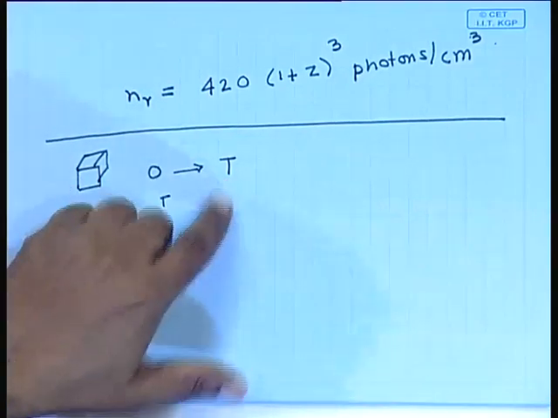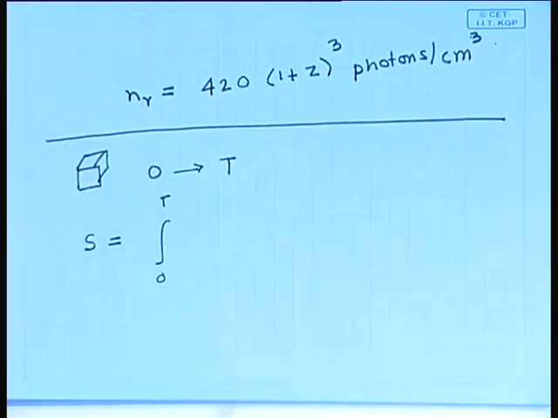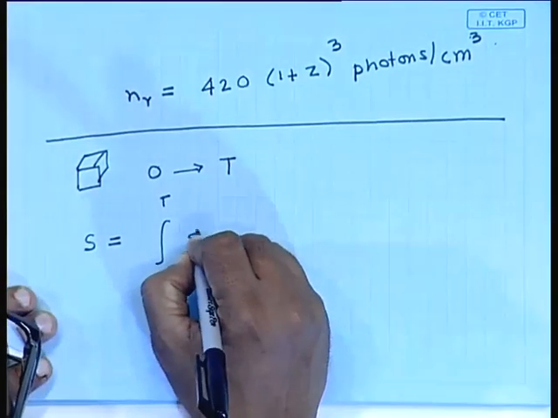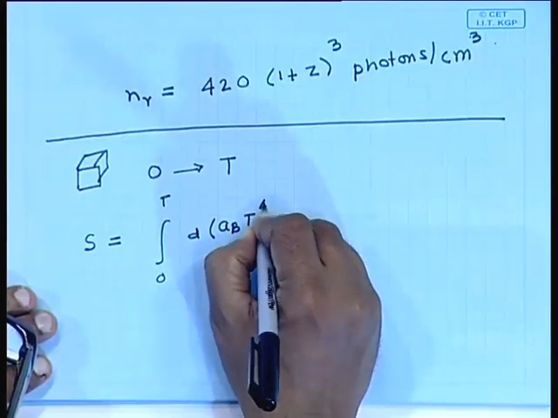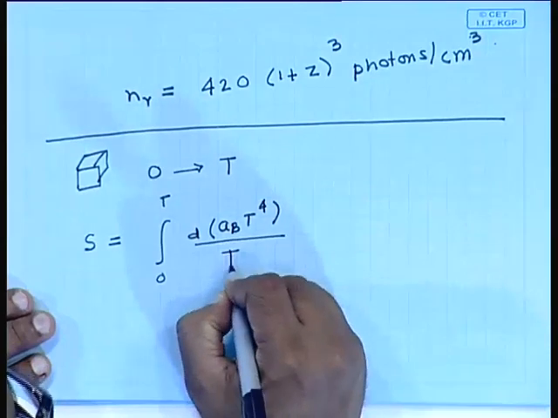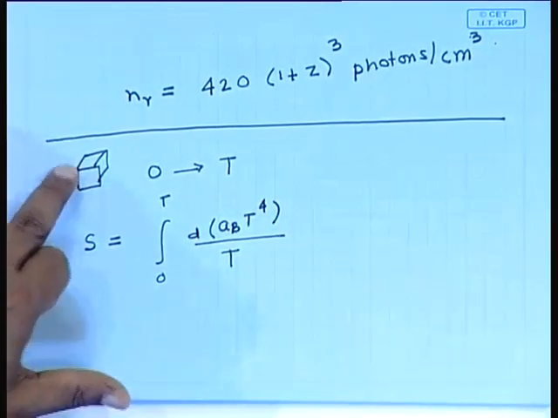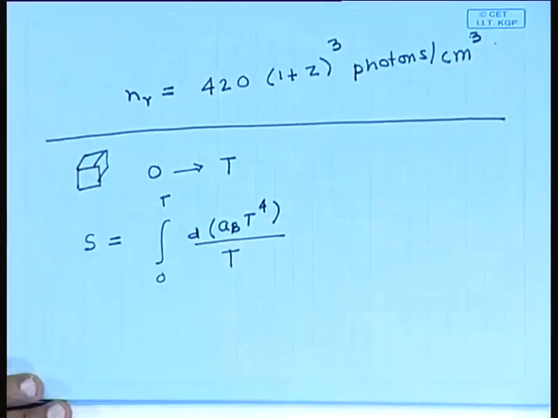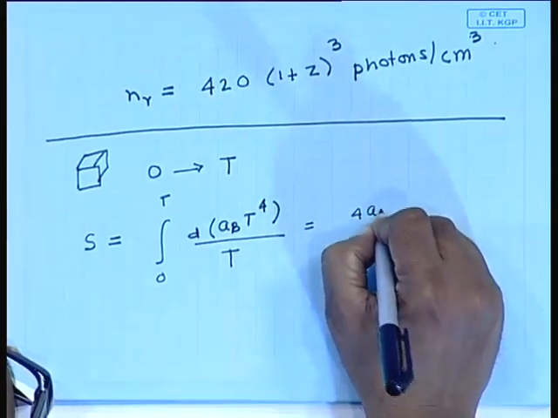Now, to bring it to a temperature T, you have to give it some heat, and the heat is the internal energy inside because I do not do any work. So, it is going to be d of A, the Stefan-Boltzmann constant, T to the power 4, that is the heat I have to supply, divided by T. We know it is dQ by T, the entropy. So, this is the entropy of the radiation inside this unit volume,